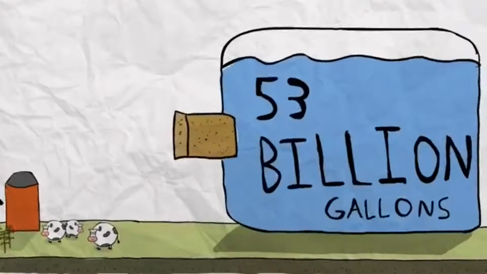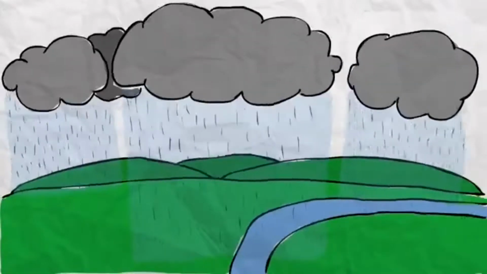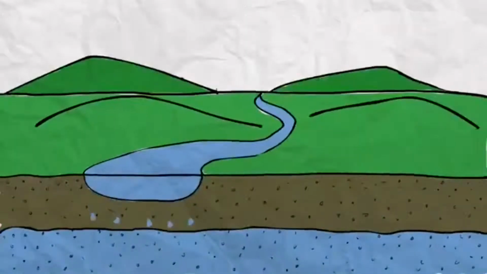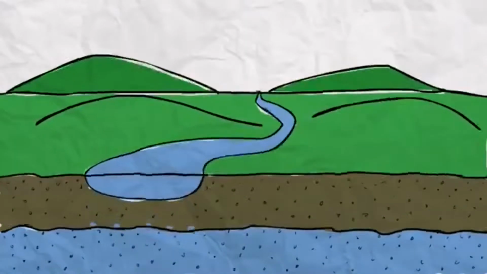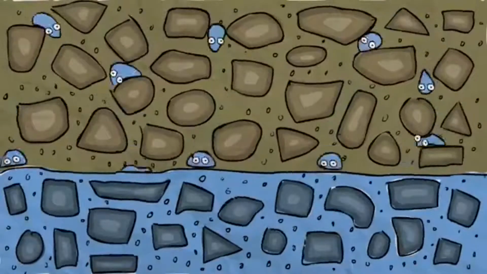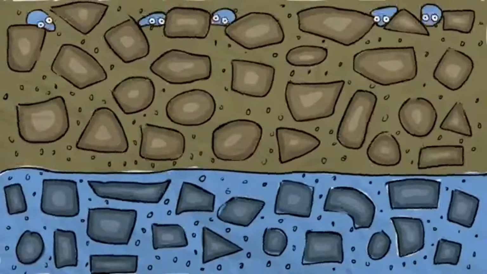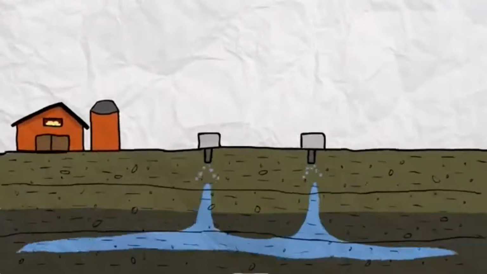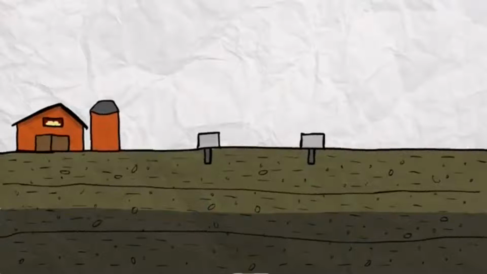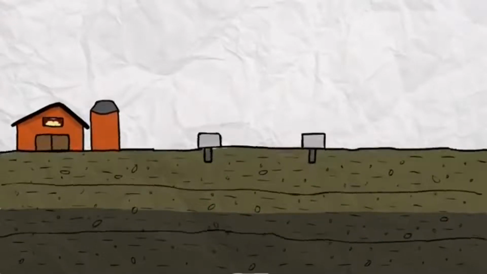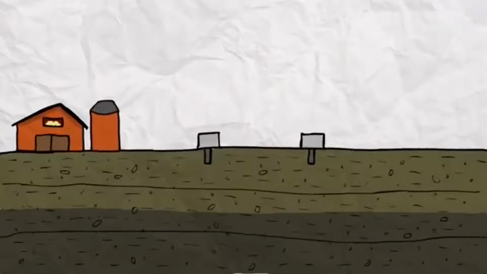Well, yes and no. Remember, aquifers can be refilled by rainwater or surface water seeping in from rivers and streams, so there's usually more water on its way to replenish the aquifer. But if we use groundwater faster than the aquifers can refill, we could drain them dry. They probably wouldn't be empty forever, but it would take hundreds of years for the largest aquifers to get back to healthy levels.